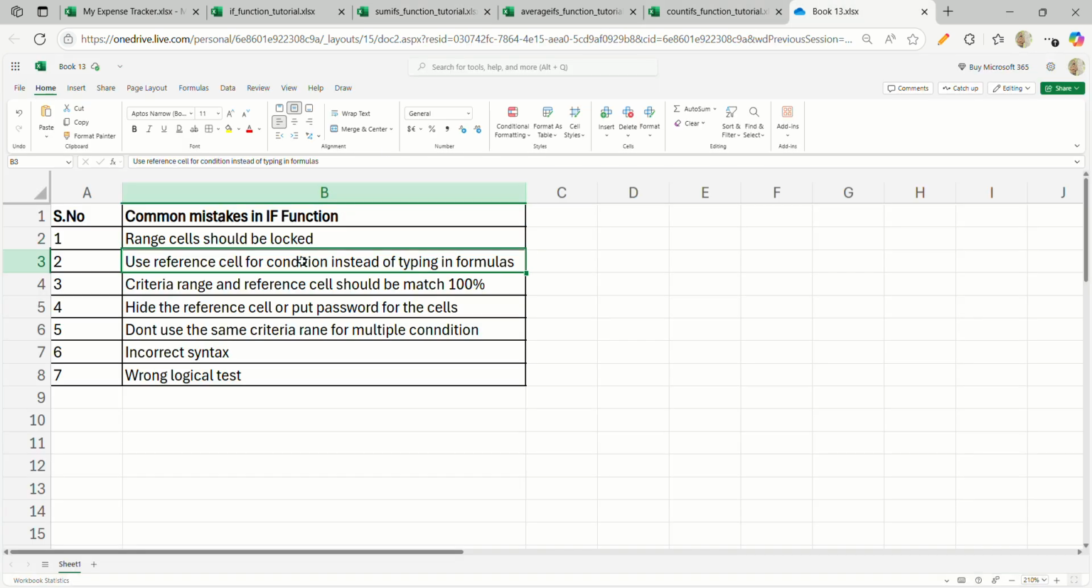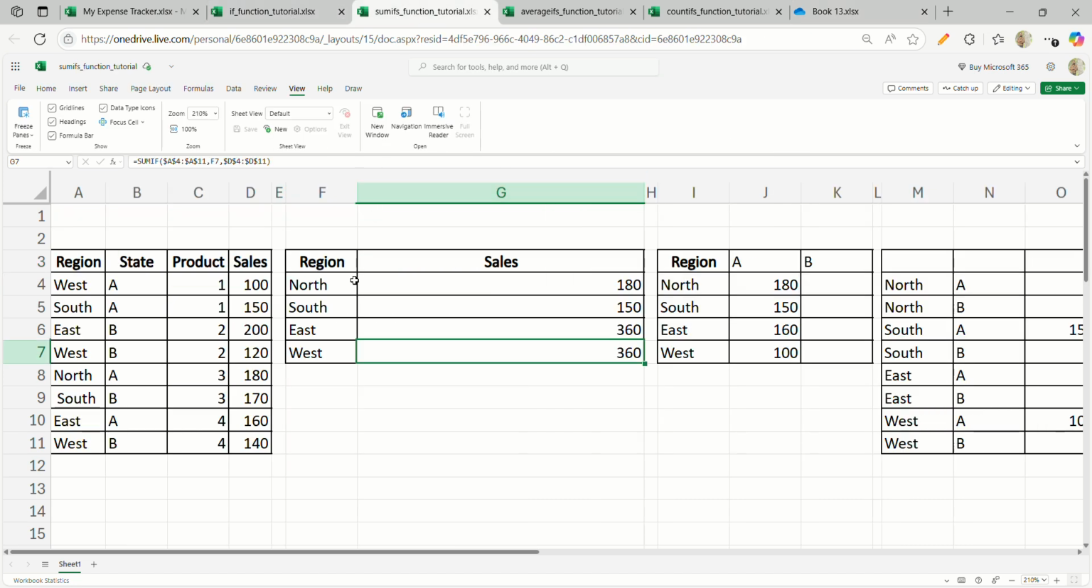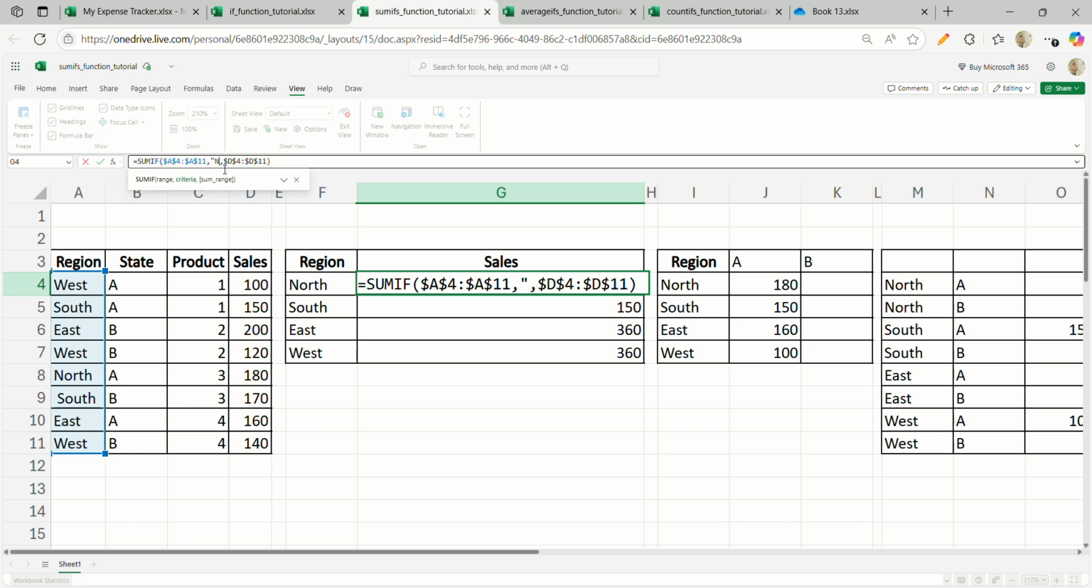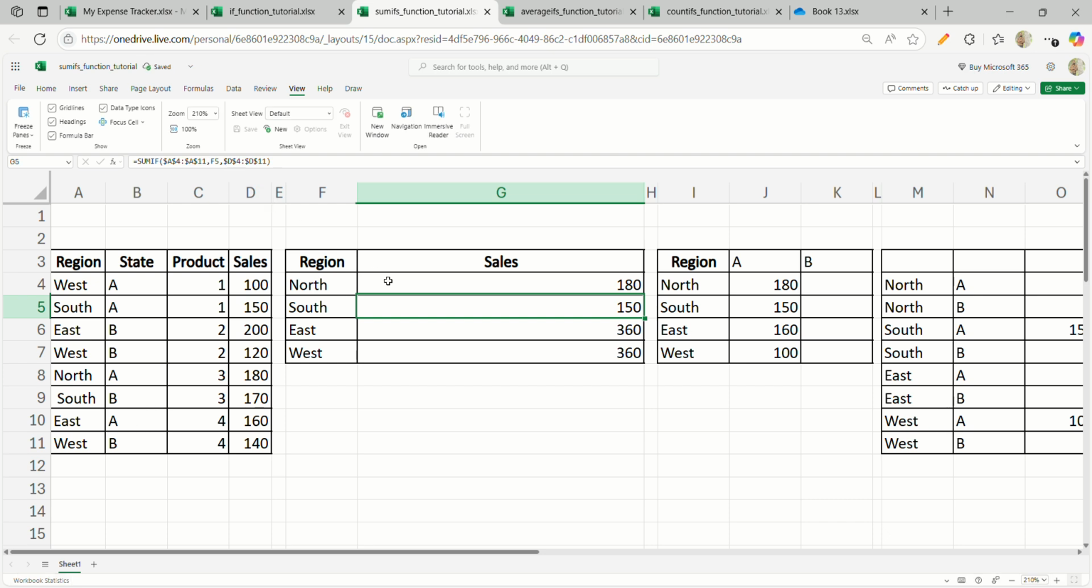Use a reference cell for conditions instead of typing them in formulas. People might type the conditions in the formula. So we will take SUMIF as an example. Here I used the F4 reference cell for the criteria. Instead of F4 we can type directly also. Let's say I will show you, north. I typed it. The number will come the same only. It will not change. But the concern is,